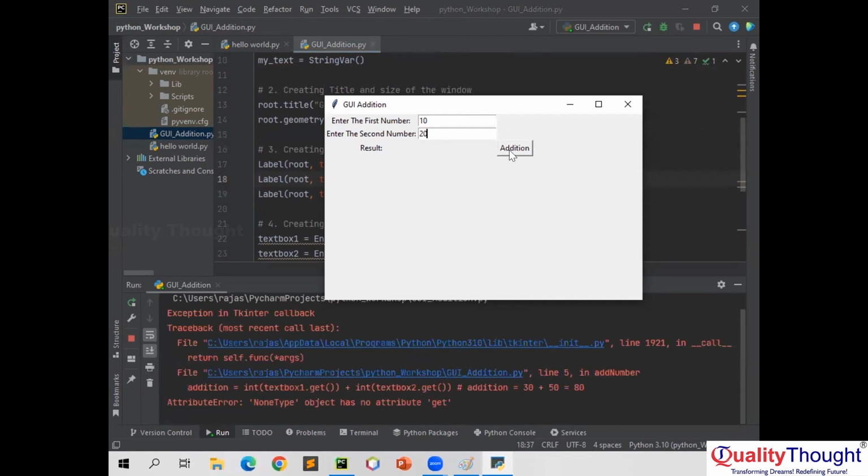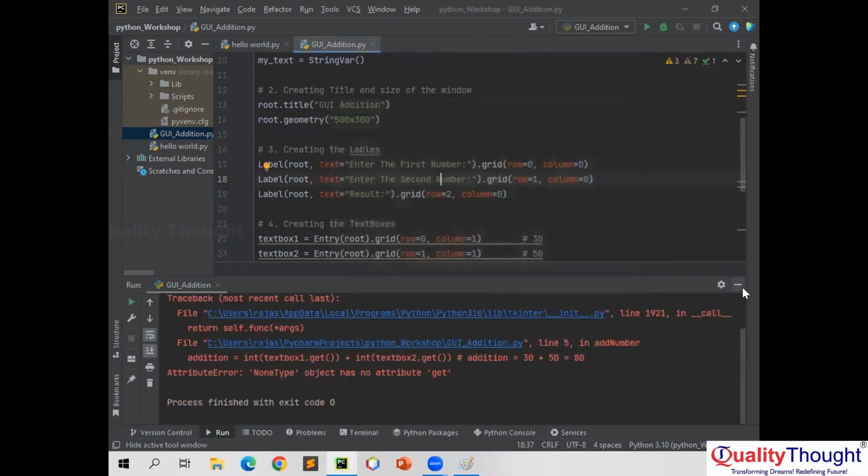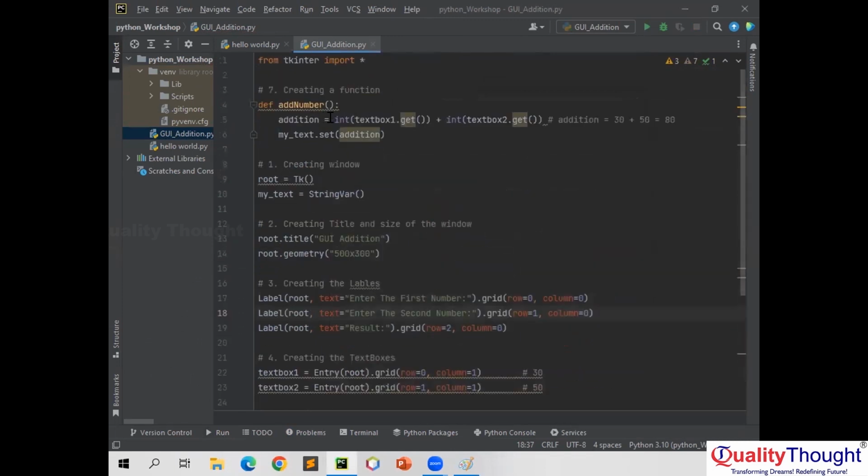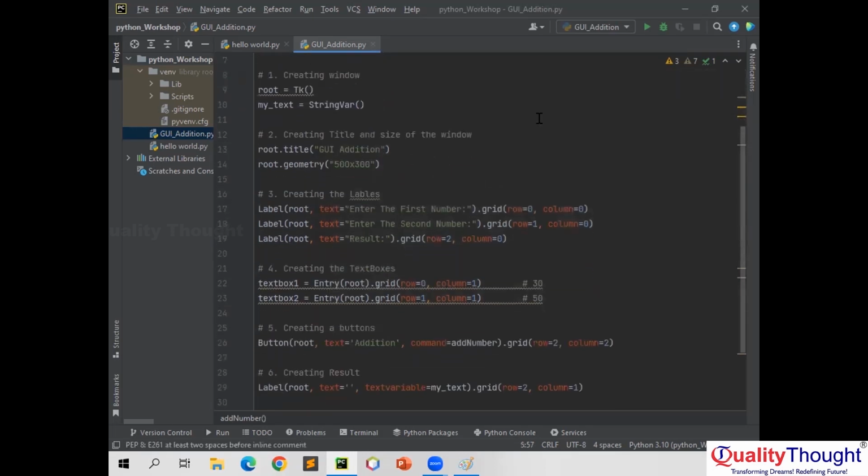Oh, it says that it's not getting the answer. It says non-typed object. Okay, so let us check it out. Line number 5. Yep. So it says that addition equals to int, that is text box number 1 dot get, text box 3 and